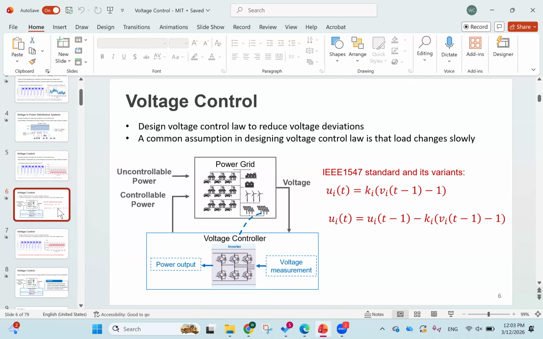Can I ask a question? This is not my area, so it may be a stupid question, but you're showing simulation results entirely, right? To demonstrate that this actually works, would the next step be to test this out in a lab somewhere? Yes, for this control, directly deploying in real power grids would really be challenging. I would envision that the next step is to have hardware in the loop.